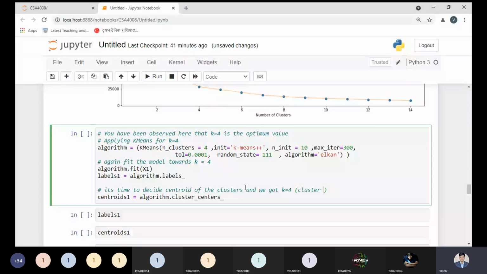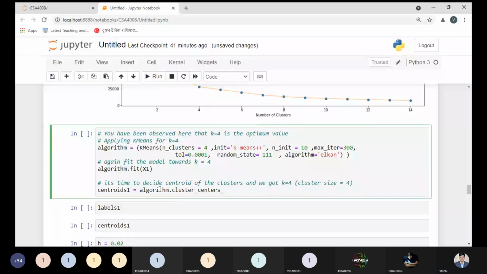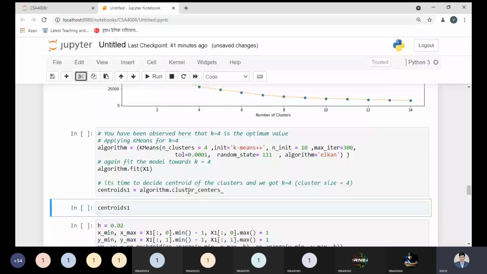We can say the total number of clusters is 4. The label is optional, so if you want to remove it, you can remove it. It just represents some information, the initial values: at what level the center will be initialized. It's optional, but I'm removing it as unnecessary, so no need to use this part.